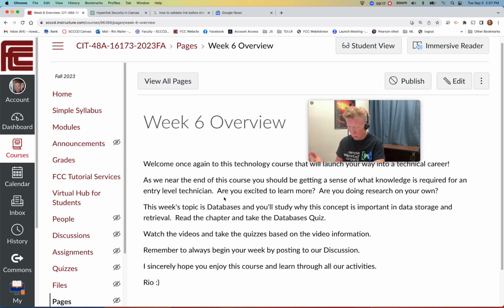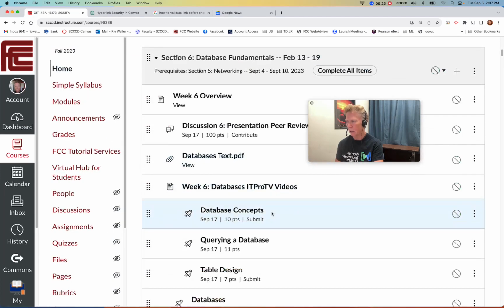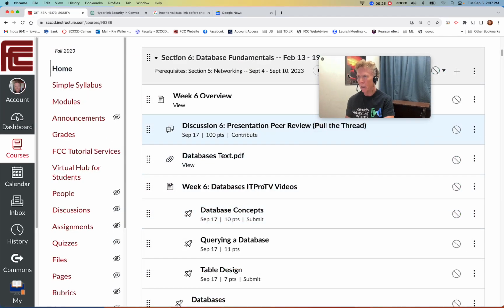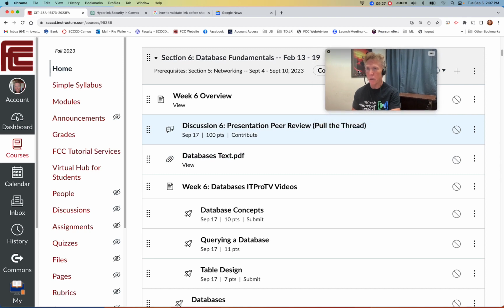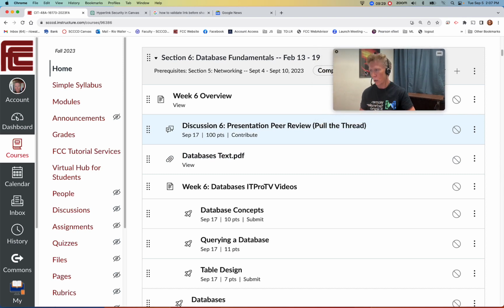Okay, so this week is about databases. Let's just go look real quick. Databases, oh man, they are everywhere. Actually, the database itself can be a whole conversation, as you get into understanding the concepts, how to query databases, and table design. So these are some fundamental topics about databases, but from a